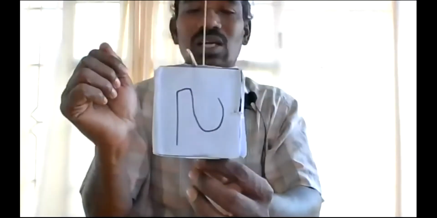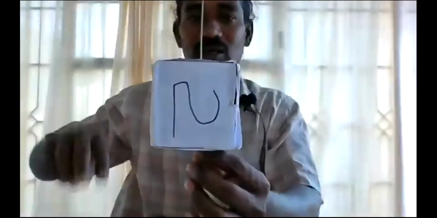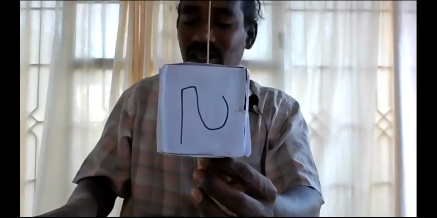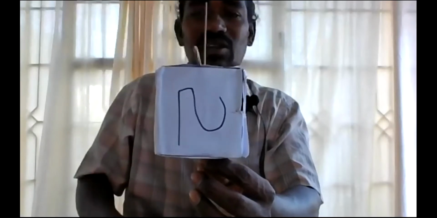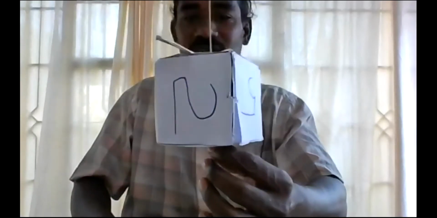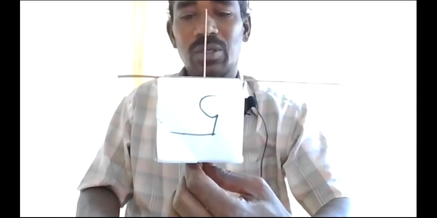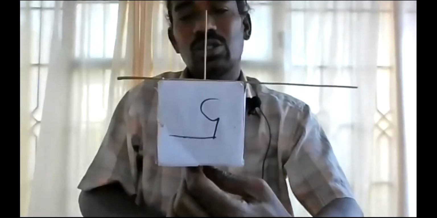Now let us rotate this cube with respect to this axis. To what angle are we rotating? For that, let us keep this stick, and see to what angle we rotated. Now we will rotate to this angle. Have we got one face of the cube again? To what angle did we rotate this cube with respect to this axis?